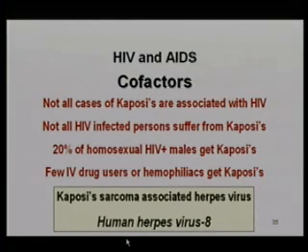And indeed, we now know it's because in the gay community particularly, another sexually transmitted disease, human herpes virus 8, otherwise known as Kaposi's sarcoma-associated herpes virus, is the actual causative agent of this problem. HIV is a cofactor. You've got immune suppression as a result of the HIV. This allows other viruses which were normally kept down by the immune system to now reveal themselves; in the case of HHV-8, this results in Kaposi's.